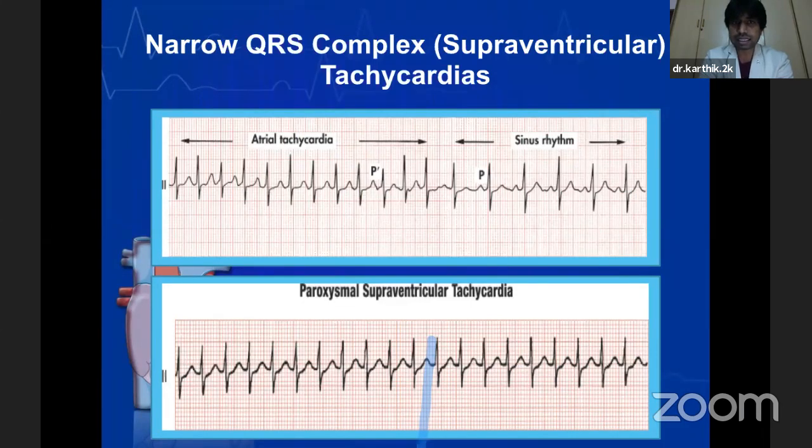Now this is an example of atrial tachycardia. You can see that in the first illustration, there is a narrow QRS complex tachycardia. There is a P wave, which is followed by a QRS complex, and suddenly the tachycardia terminates and it reverts back to the sinus rhythm. You can see the duration of RR interval has gradually normalized. In the bottom illustration, we can see another illustration of a paroxysmal supraventricular tachycardia, where there is extreme tachycardia. The heart rate is close to 190 to 200, and the tachycardia has narrow QRS complex.